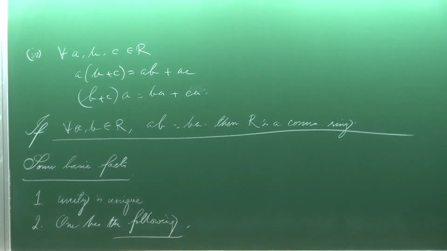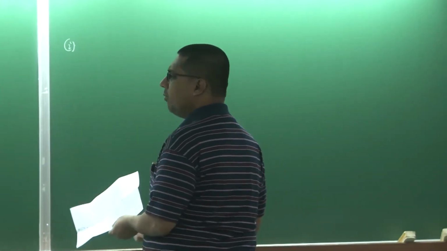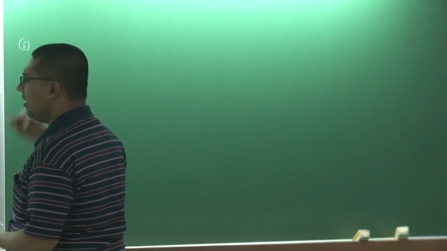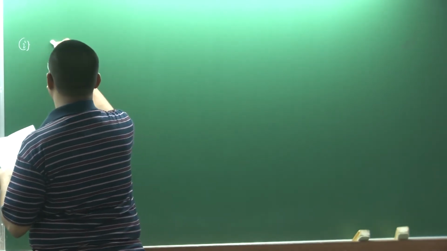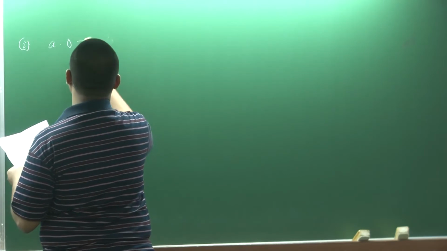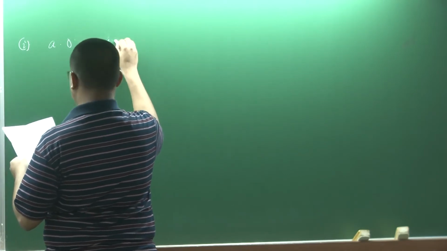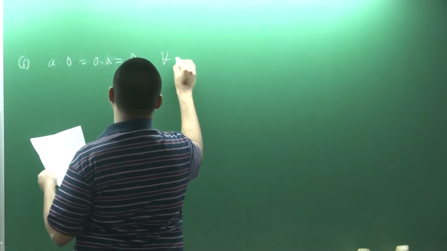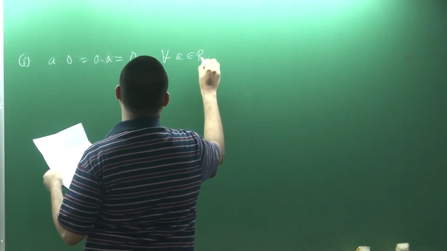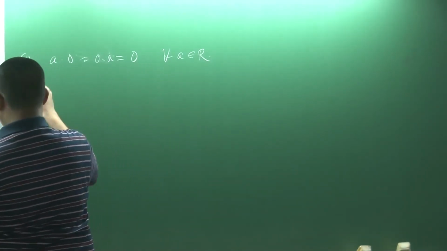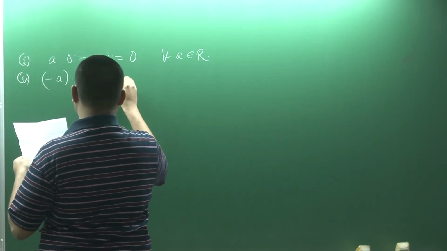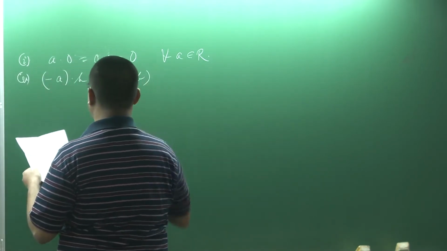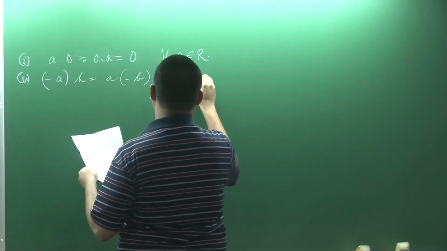As I said, I will be leaving the verifications to you. These are routine verifications, and in most cases the arguments are very similar to what you are familiar with. So for example, this is 0. Next, for every a, b,